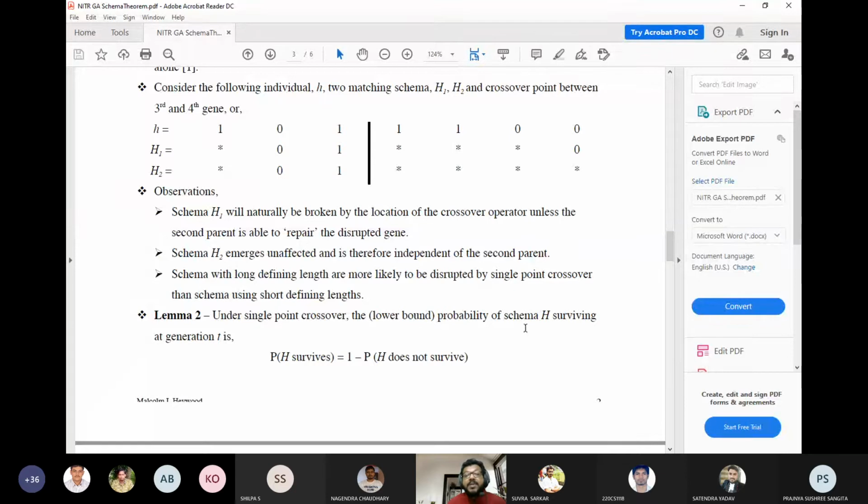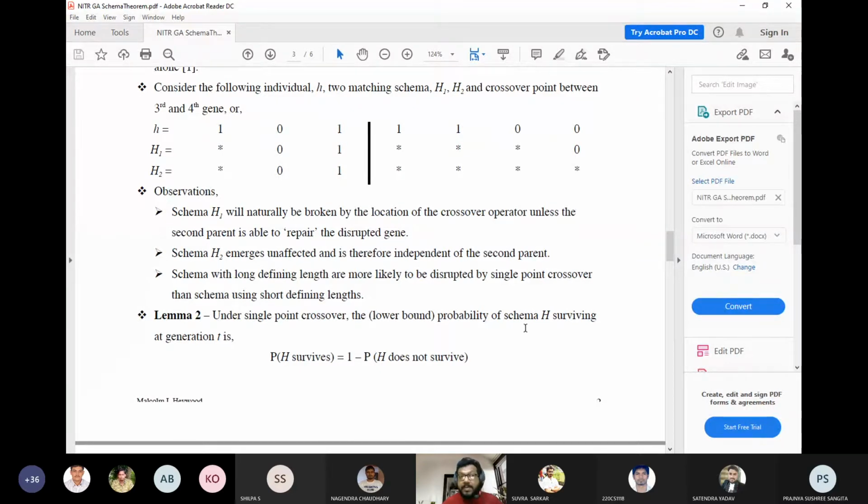That means, for a typical 0-1 knapsack problem, if I am expecting that I'll get the maximum profit by selecting the first and second item, then I will put a constraint that any individual to be produced in future must have the first two bits as 1. This is, in a simple way, all about the schemata theorem. With some restriction, we try to retain the good genetic material so that you will always be moving towards the objective function, to meet the optimization criteria.